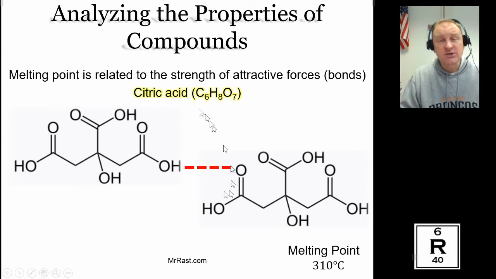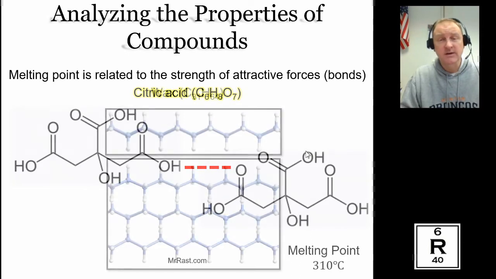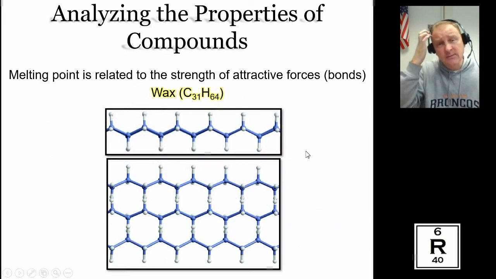And as such, to melt citric acid, you'd have to get the temperature to 310 degrees Celsius. Significantly cooler than the sodium chloride, but still very hot. So this would normally be a solid under normal conditions, standard conditions. And the last example